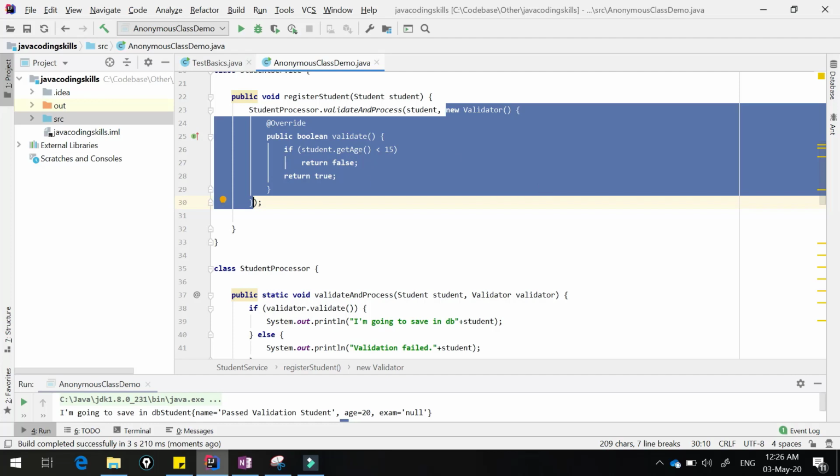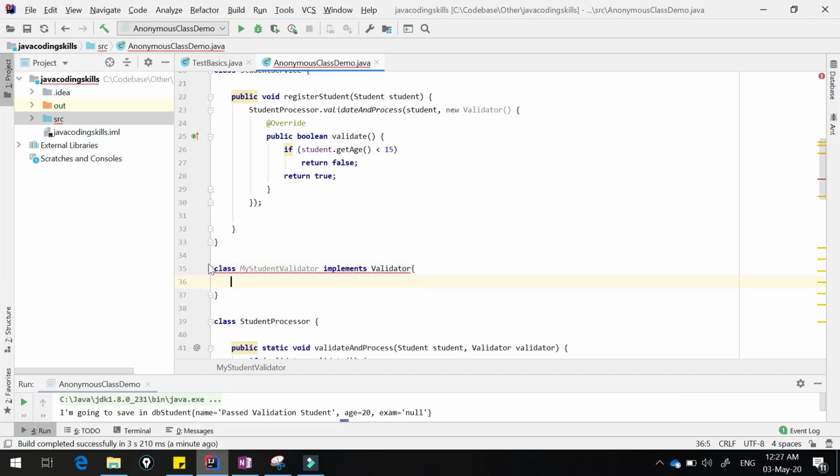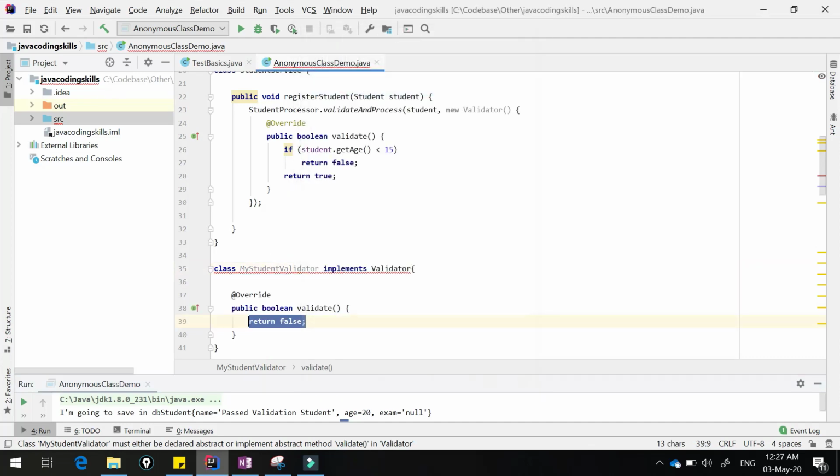If you don't want to write it the anonymous class way, you can also use another approach. Create one class, my student validator, MyStudentValidator, which implements Validator. Let me copy the same code here.